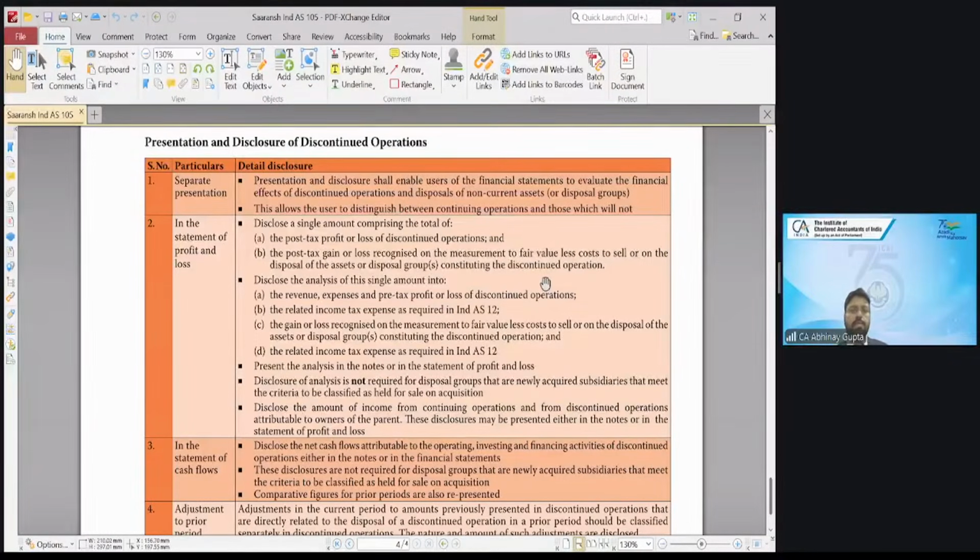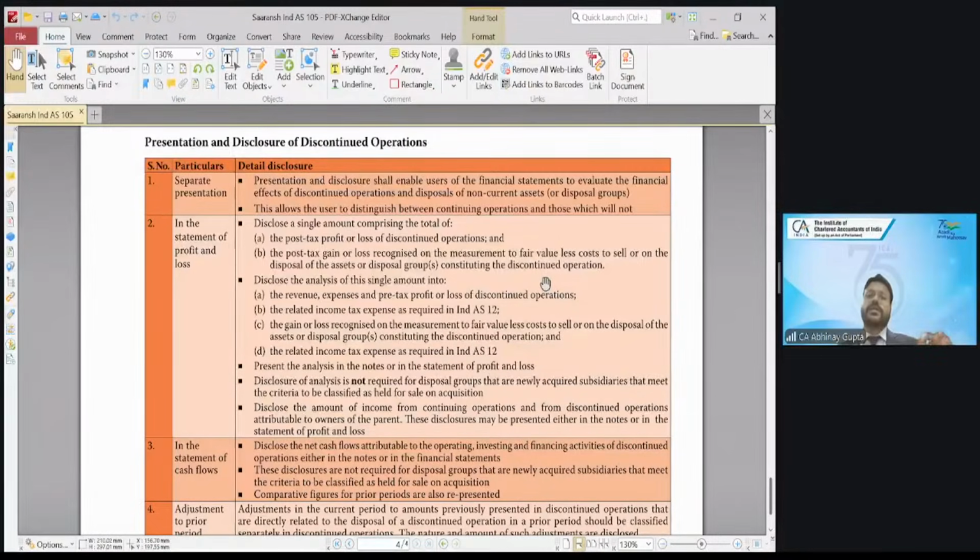So let me ask you one question. Even if the management has decided to sell a particular division in the near future, until the sale actually happens, that division is still in use, yes or no? Yes. So that division might be fetching some revenue and the cost and the profit or loss for the company. Yes. So where would that profit or loss be disclosed? So that profit and loss will be disclosed on the face of the statement in a single line item